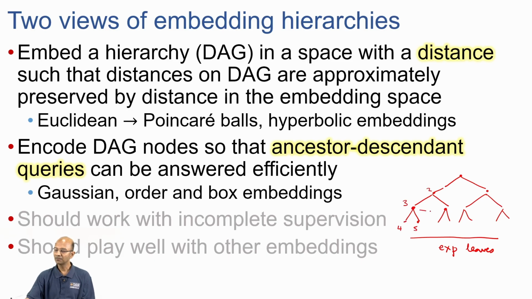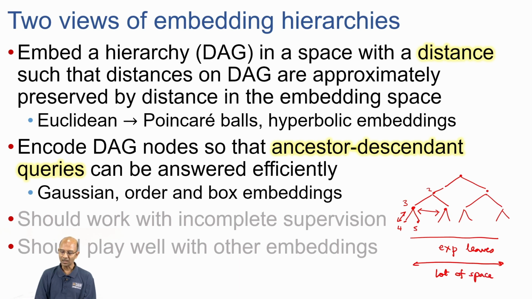For that, you have to make sure that those Euclidean distances are very large compared to the distance between 3 and 4. This means you need a lot of space near the leaves to embed the tree properly,